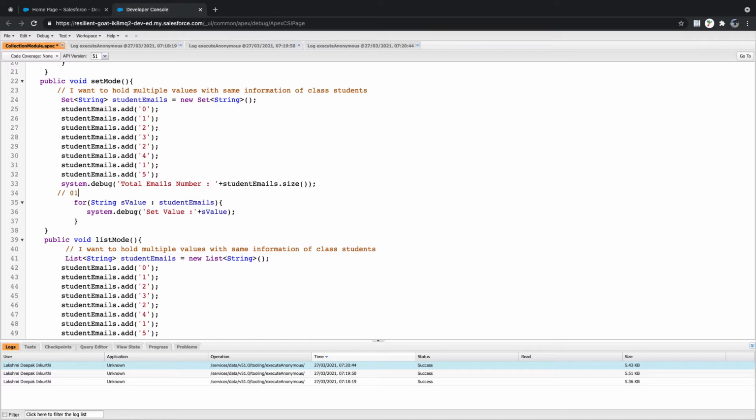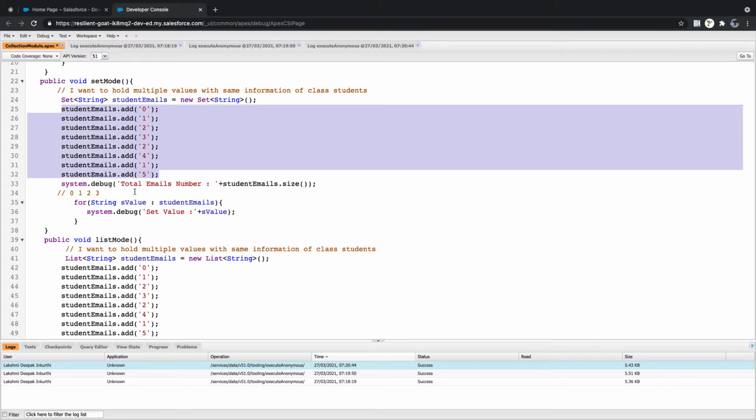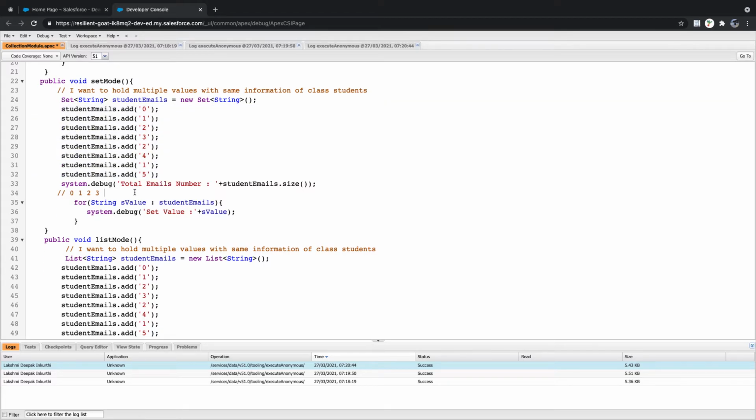Whether it is 0, 1, 2, 3, how will the order display? 0, 1, 2, 3, but the second 2 and 4 will not come, right? Because this is a set. Set will not allow duplicates. You understand now? 4, okay. 5. Is there any other set of outputs?